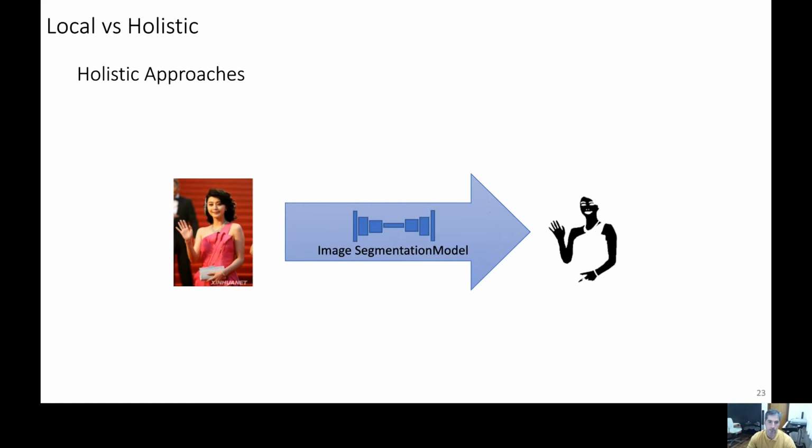In holistic approaches, all the image is submitted to an image segmentation model, usually a fully convolutional network, and all the pixels are classified in a single shot by the model. In addition to color and texture, holistic approaches add contextual information that is expected to improve skin detection. In this paper, we compared a local CNN patch-based to a holistic FCN approach.